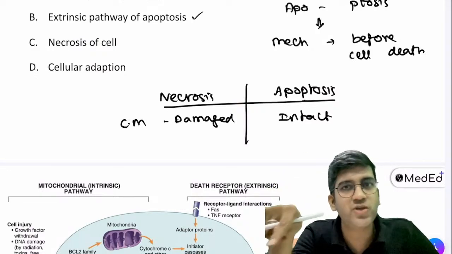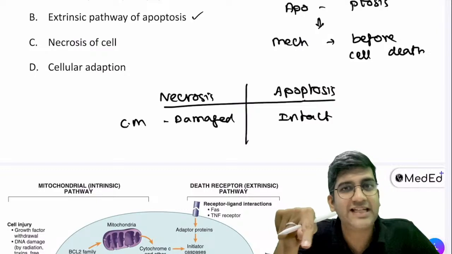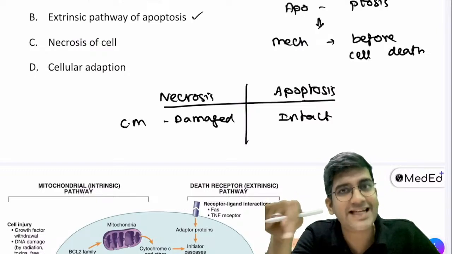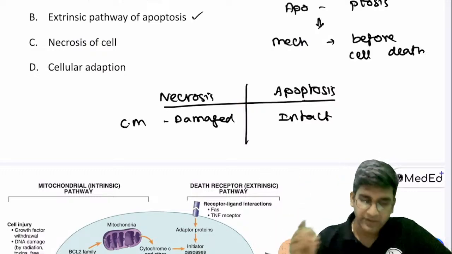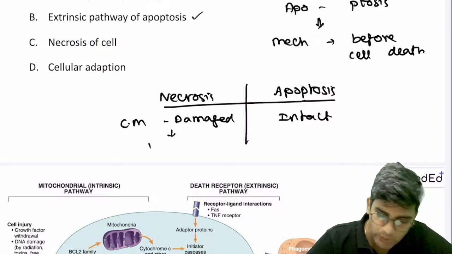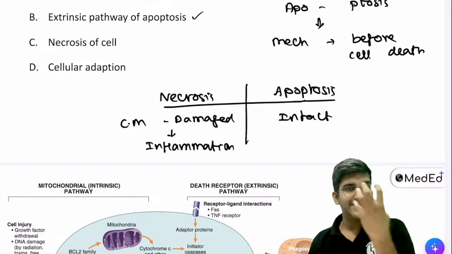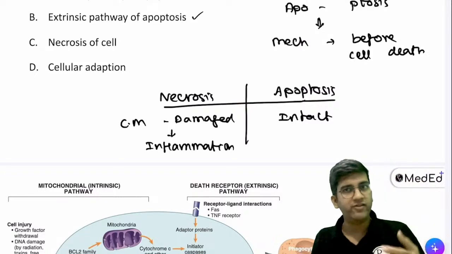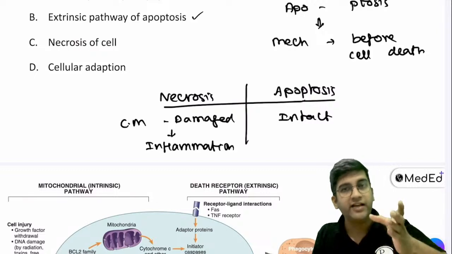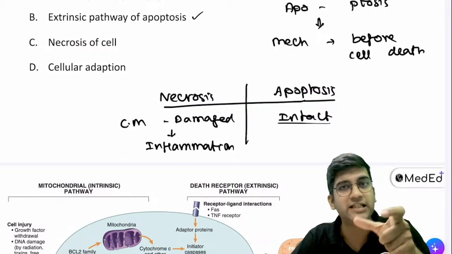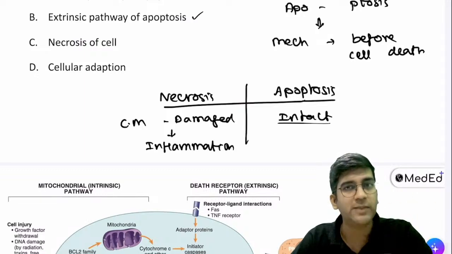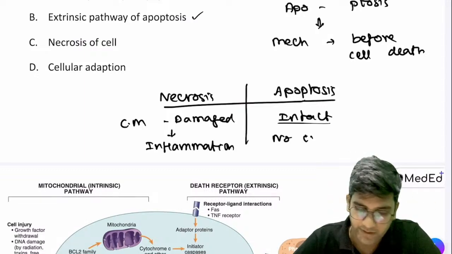That's why I use SGOT, SGPT, AST, ALT levels for liver injury. Because AST, ALT is seen in liver. Once liver is dead, it comes to the blood supply. That's all, right? In other words, once it's damaged, will it have inflammation? Yes or no? Present or not present? Cells are going, contents are going outside. Inflammation by default will be present, right? In apoptosis, it's intact cell membrane, nothing leaks outside, will there be inflammation? There'll be no inflammation, right?